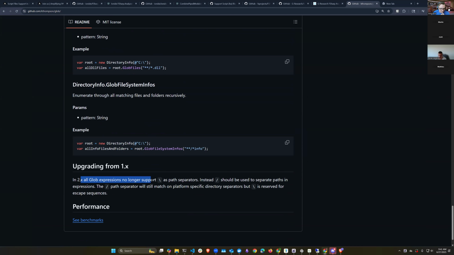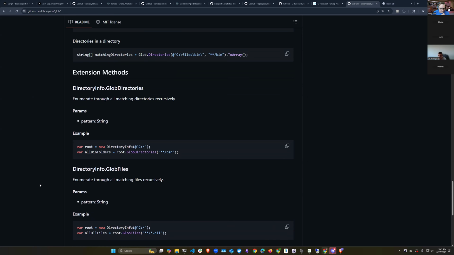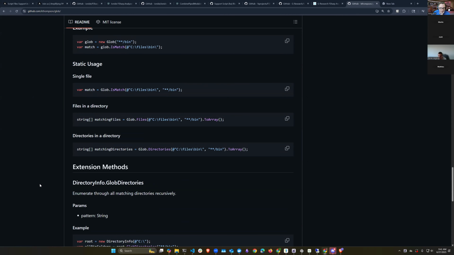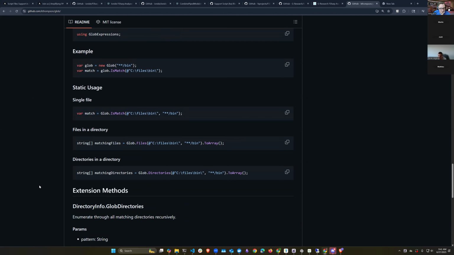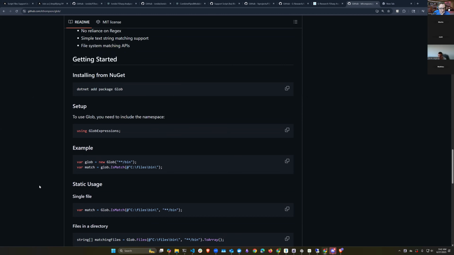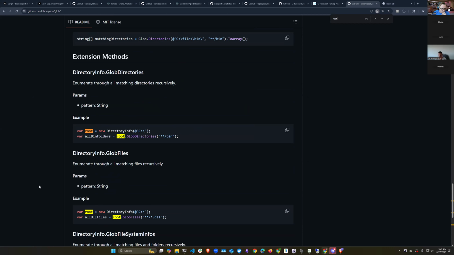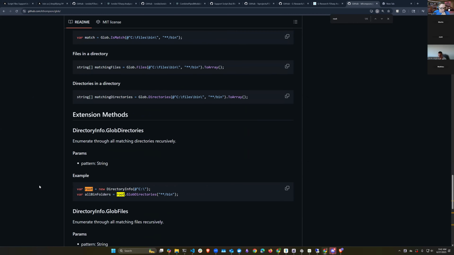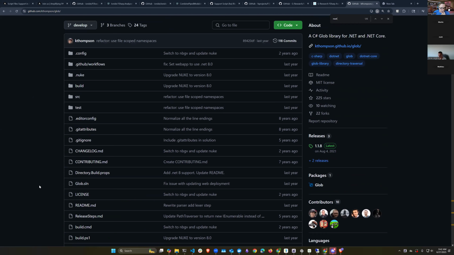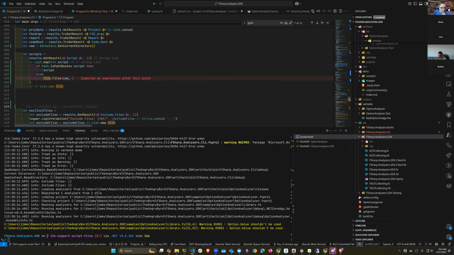All glob expressions no longer support this, so we have to support these. Interesting. But it doesn't look like they have a way of supporting rooted globs. Okay. Well, that's going to be fun to deal with. I'm going to say if you've used a root, I'm assuming you have a full path that you want to use. Otherwise, we'll do the